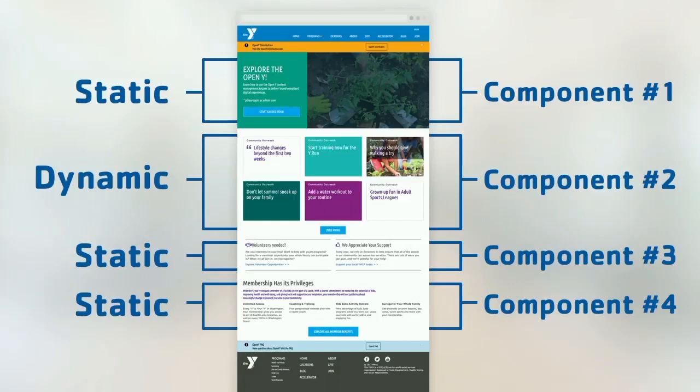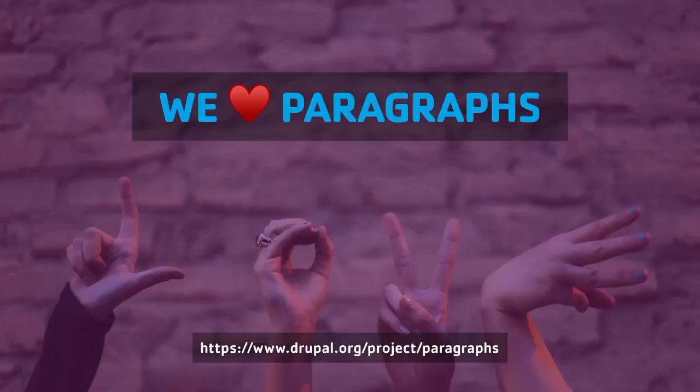With component-based architecture, content editors are able to play with the page and place dynamic blocks in between static blocks. It's a great and powerful feature for content editors, and they are happy with that because they can build pages in a really easy way, any pages that they can imagine.